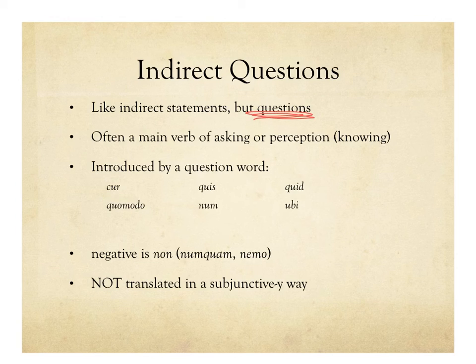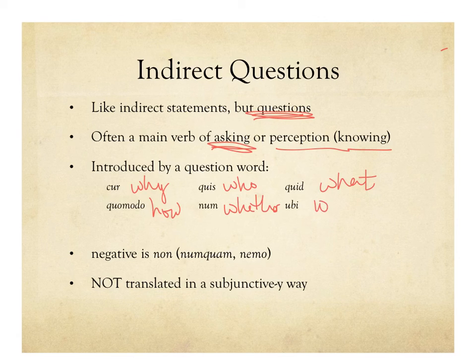Again, you're not going to find these after every head verb, but verbs of asking and verbs of some kind of perception, especially knowing, are verbs that often will take an indirect question. And you'll see this I think will be sort of clear to you momentarily. And of course, we need some kind of question word directly following our verb to make it clear that it's a question. And so words that you know that introduce questions like cur, which means why, or quomodo, which means how, quis, who, quid, what, num, whether,